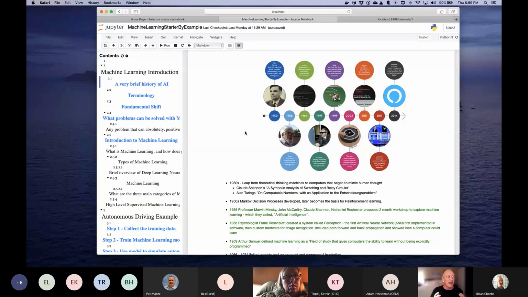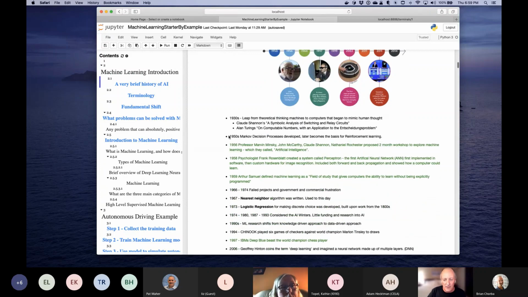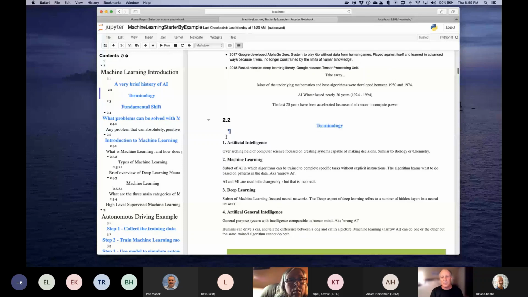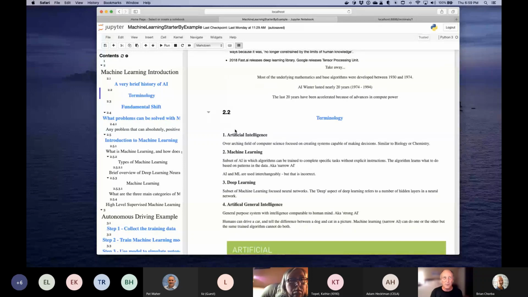And so a lot of the mathematics behind machine learning that we use even today, the algorithms that we use today, some of them were actually developed back in the 50s and the 60s. It really is the fact that compute power has caught up to allow us to churn through all of this data. And so my takeaway from showing that timeline really is to give you the sense that it's not really a shiny new toy. It's really been around for a long time.